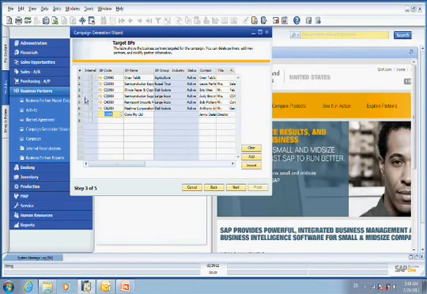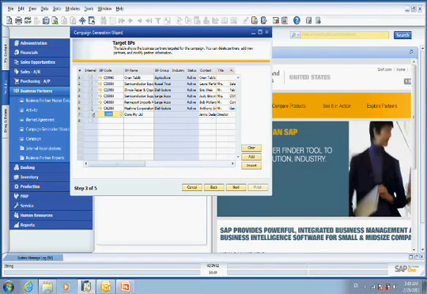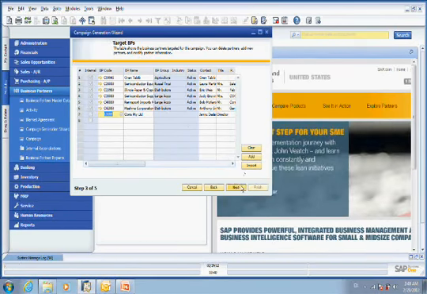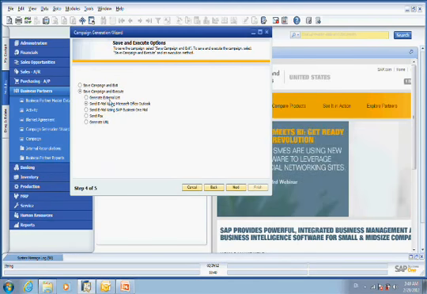Some of the business partners are internal, meaning they exist in Business One as business partners, so I can see those checked, and some of them are not. So let's hit next, and I can choose just to save that or execute it and actually send an email